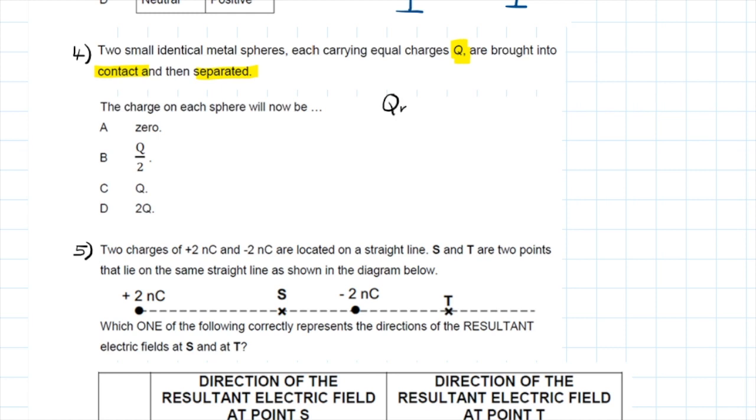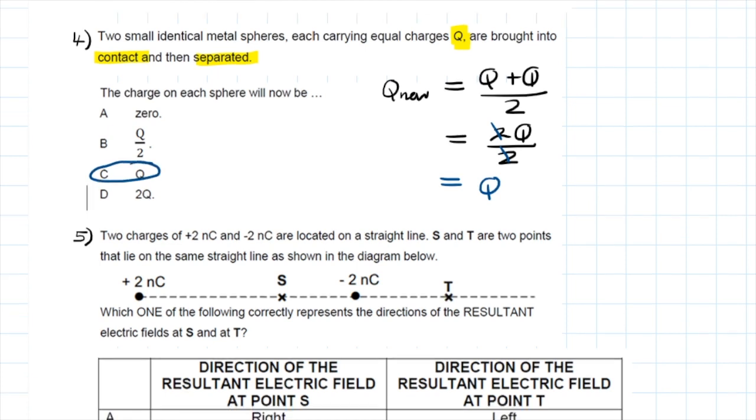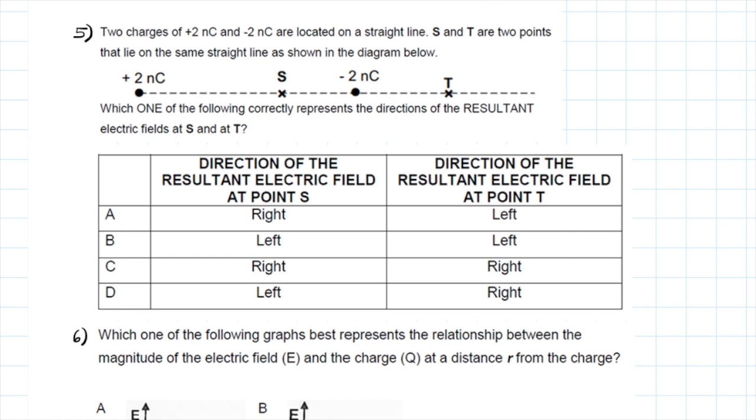We know that the new charge is going to equal the sum of the charges divided by 2. Q plus Q is 2Q, and we're going to divide this by 2. In the end, we end up with the final answer of Q, which means that the correct answer to this problem is answer C. Question number 5 reads, two charges, positive 2 nanocoulomb and negative 2 nanocoulomb, are located on